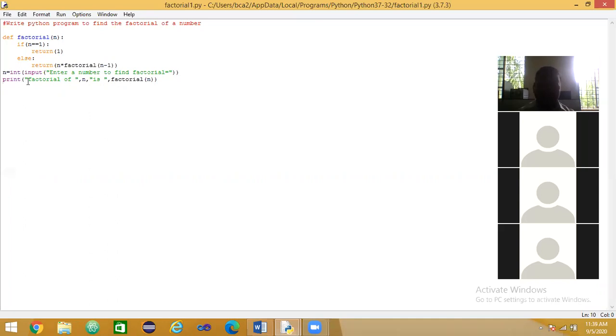Here we are calling the function in the print statement only. See here, def is the keyword, factorial is the function name, and n is the parameter. If is the basic condition, that is n equal to 1, it returns 1.